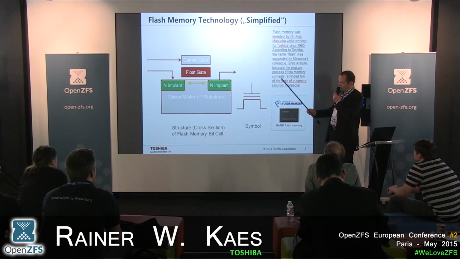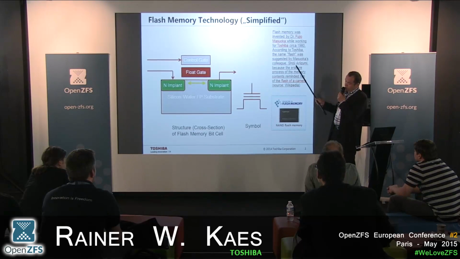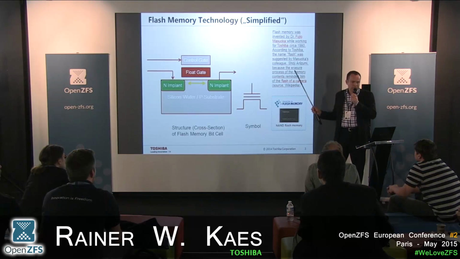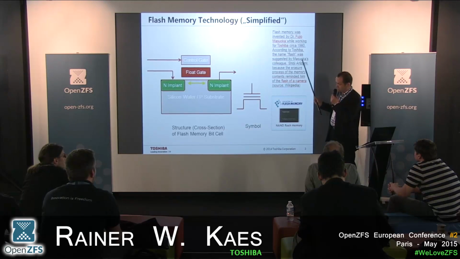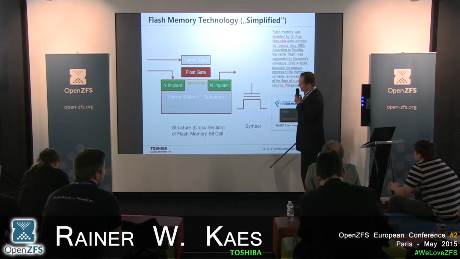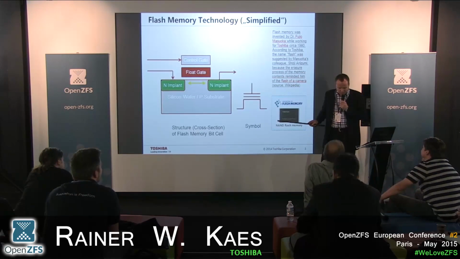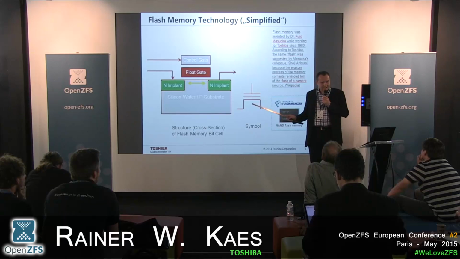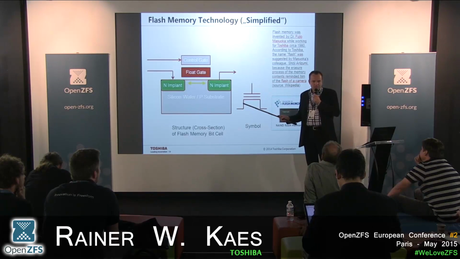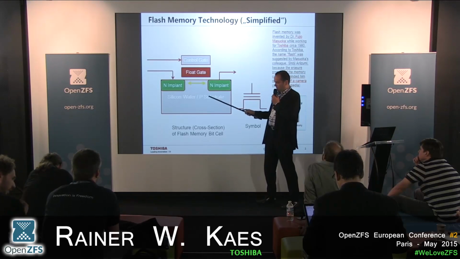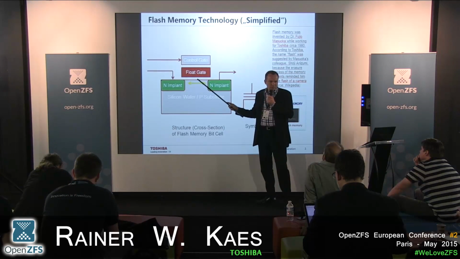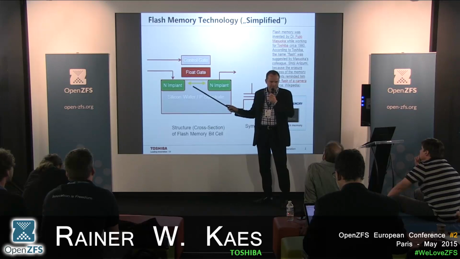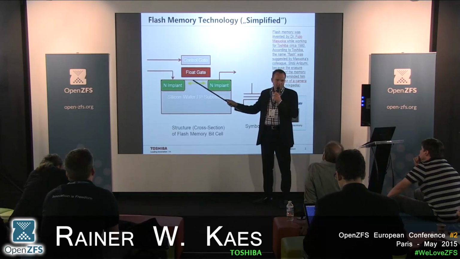The erasing process of the flash cells reminded the Toshiba guys who invented the NAND flash in the early 80s of the flash of a thunderstorm, or the digital camera, which we didn't have at that time. But anyway, we set an electrical field like the lightning flash of a thunderstorm, and this flashing or erasing process with the 10 volt causes similar damage to the structure as the lightning flash of a thunderstorm. This electrical field is so high that it causes cracks in the isolation layer, it causes impurities in